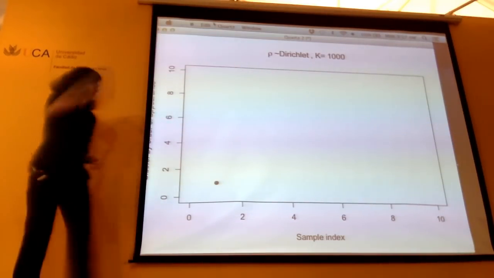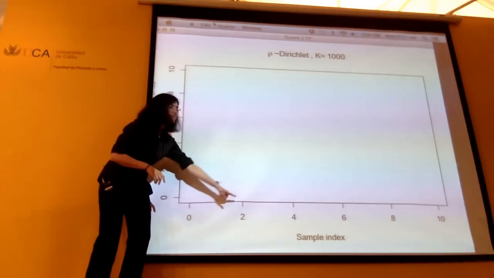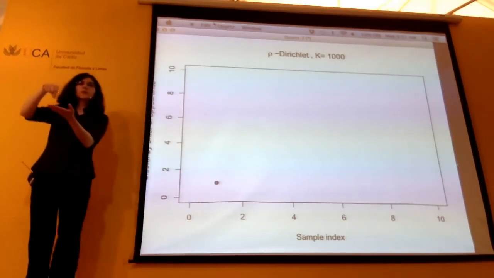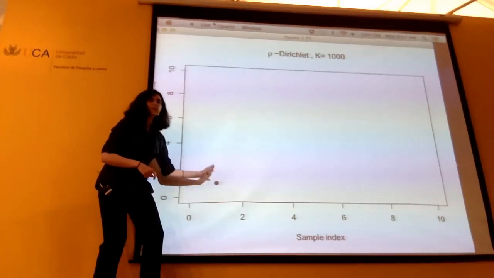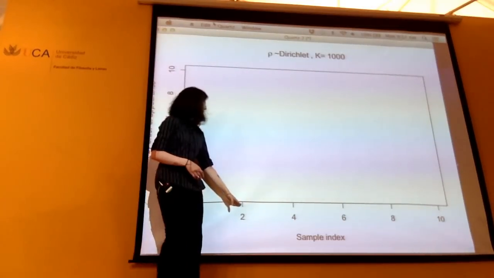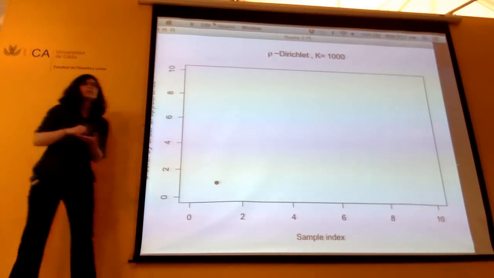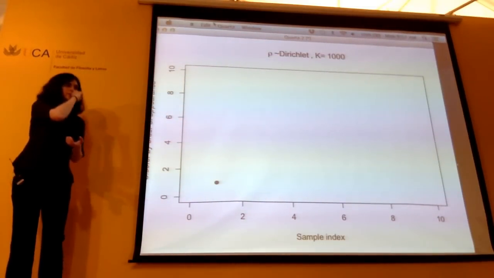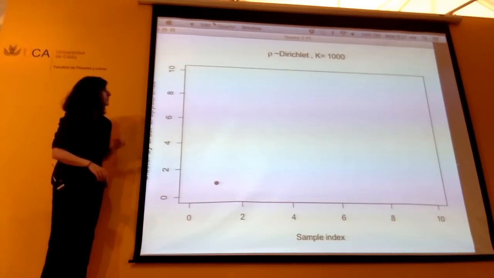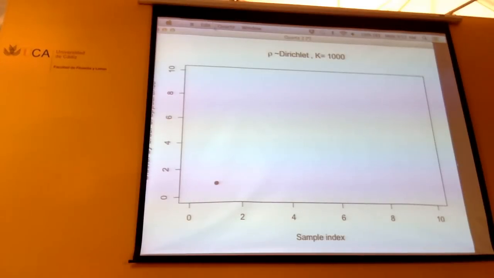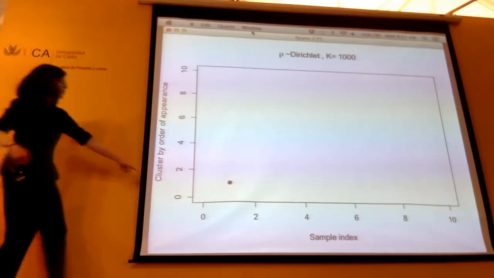And now here's what I'm going to do. On here, I'm going to index the sample. So each uniform random variable will make me hop by 1 here. This is the first uniform random variable. When I get to the second uniform random variable, I'm going to go here. And the third one, I'm going to go here, and so on. These are the uniform random variables that I drew before. They're equivalent to the data point assignment to a cluster. And on this axis, which unfortunately is getting a little bit cut off, let me move that over a little bit. Okay, cluster by order of appearance.